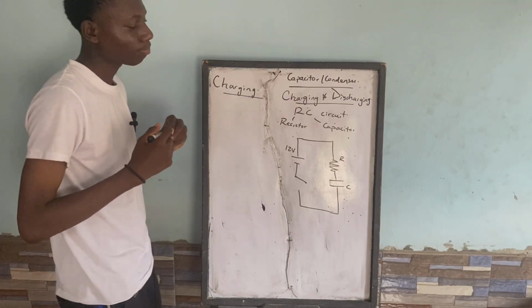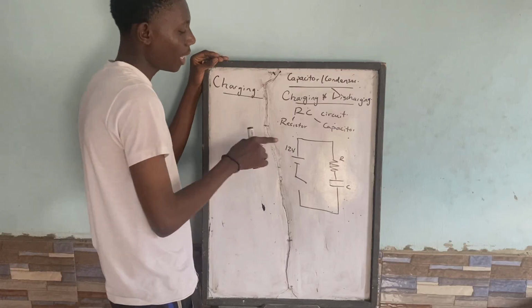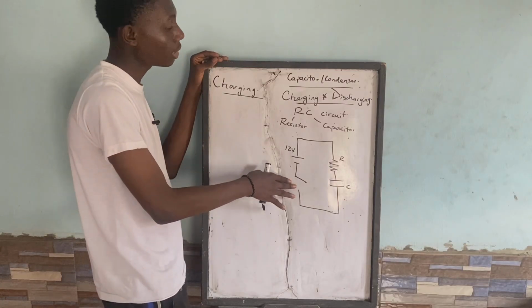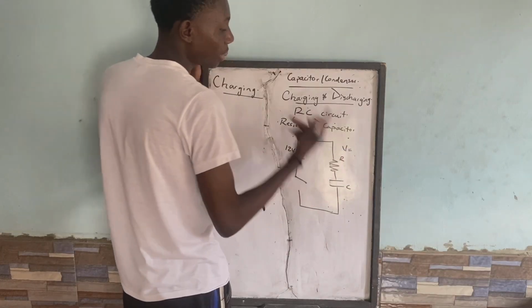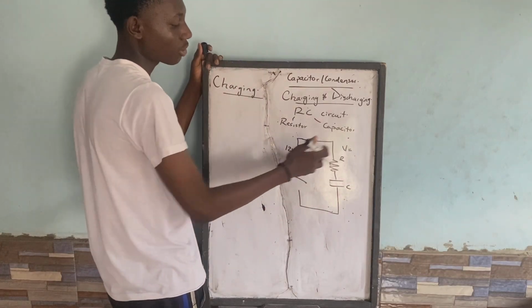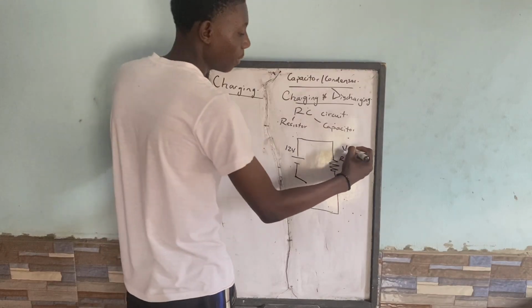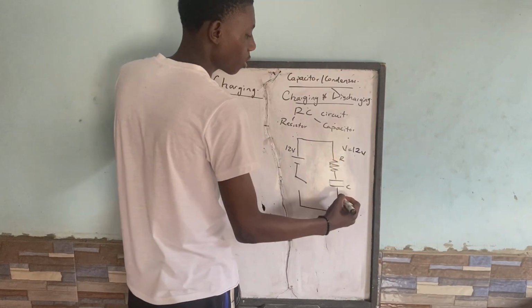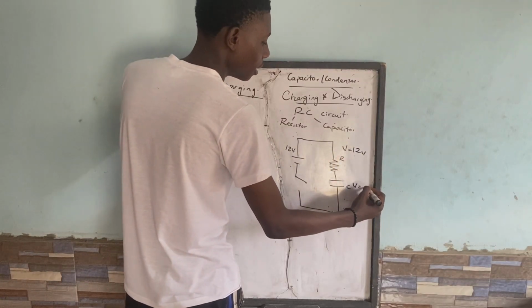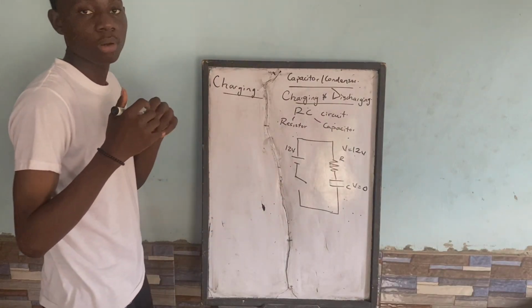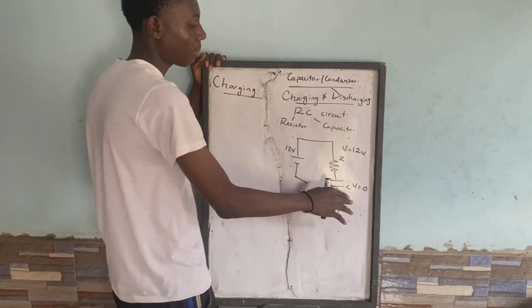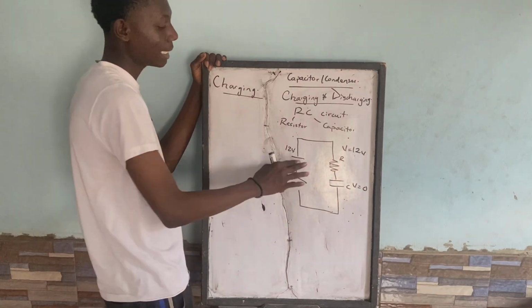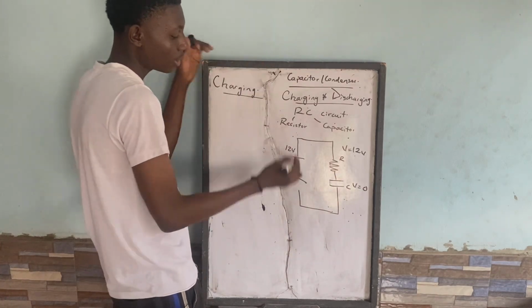When this key is open, the potential difference or the voltage for your resistor will be maximum. So the voltage here will be 12 volts, while for the capacitor it will be 0. Are we clear about that? The voltage for your resistor will be 12 volts, while for the capacitor it will be 0, because the key is still open. Now when we close the key,